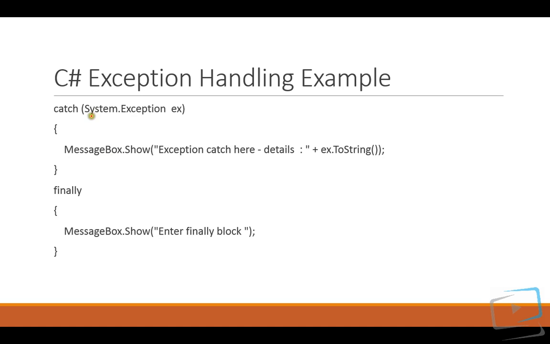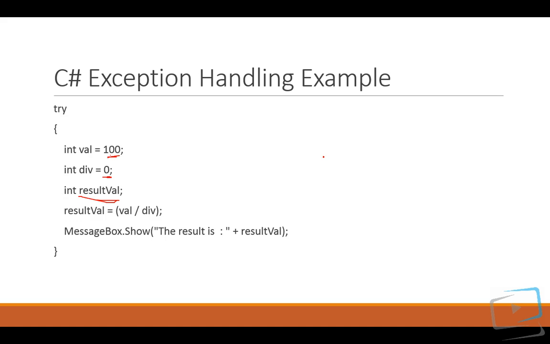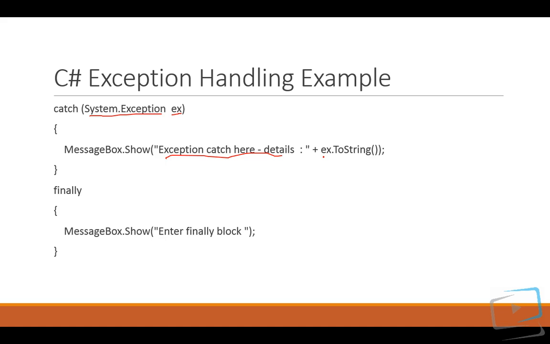Here System.Exception is the class. Ex is nothing but the type. You can use anything. Here you'll just display your exception details in the form of a string, like the divided by 0 exception that will be displayed as a string. Finally, it enters and it will do. If an exception is caught, what you need to do will be declared here. Instead of 0 you will place all these things, and this is the end of this.